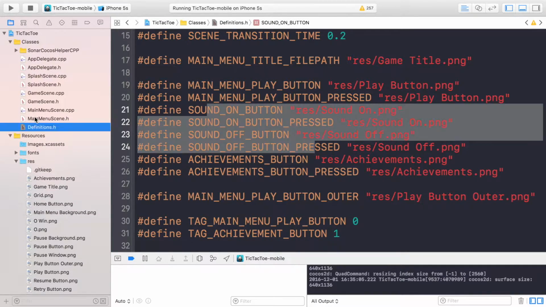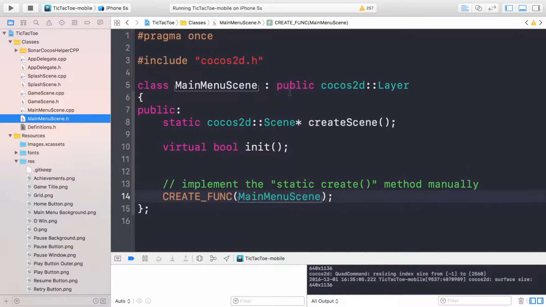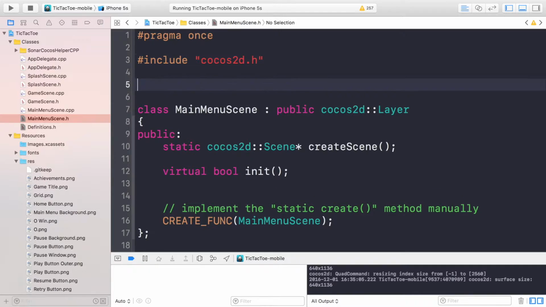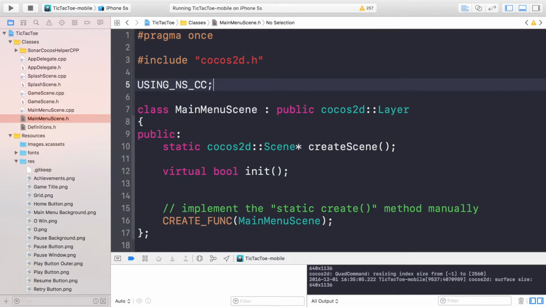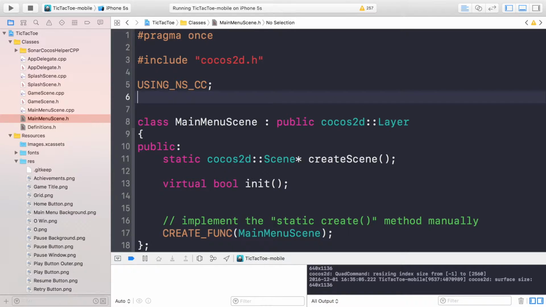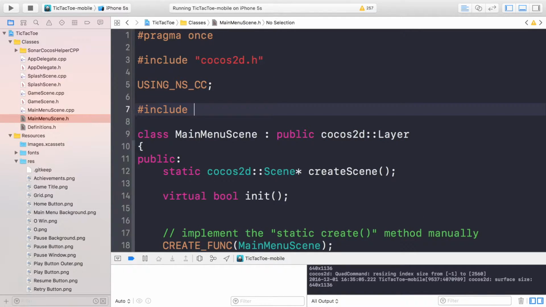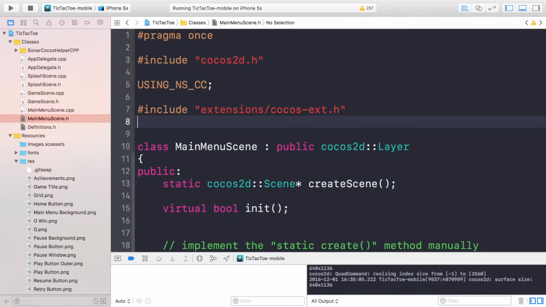So now you want to go to the main menu.h, and in here what we need to do is just include the UI system. First of all, we're going to do using underscore ns underscore cc, which is basically using the Cocos namespace. We'll do hash include extensions/Cocos-ext.h, and we're going to do hash include UI